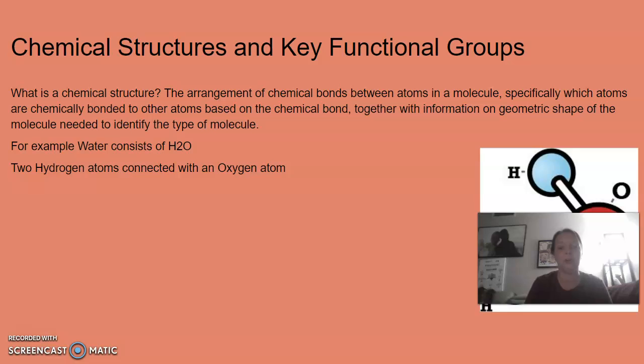So first we're going to go over kind of how molecules interact and chemical structures. So what is a chemical structure? The arrangement of chemical bonds between atoms in a molecule, specifically which atoms are chemically bonded to other atoms based on the chemical bond, together with information on geometric shape of the molecule needed to identify the type of molecule. So for example, water consists of H2O, two hydrogen atoms connected with one oxygen atom,